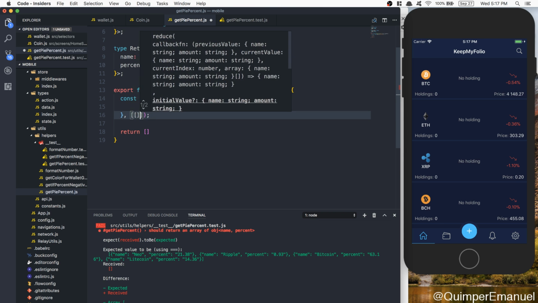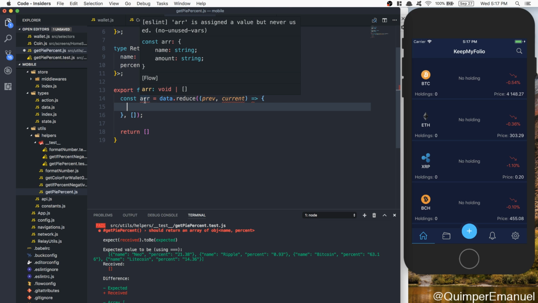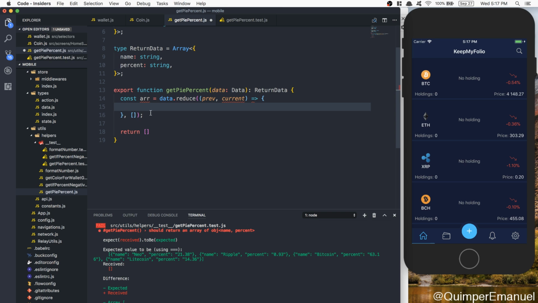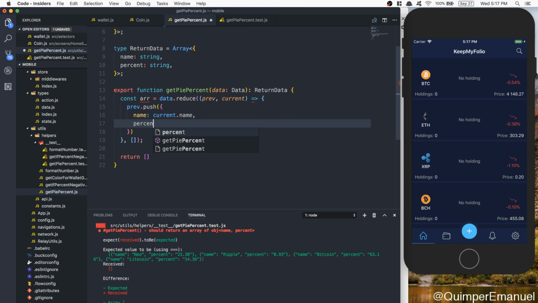Here I'm gonna start with an empty array, and what I'm gonna do right there is I'm gonna say previous.push. Here I'm gonna have an object where I'm gonna have the name, which is gonna be equal to current.name, and after that I'm gonna have the percent, where here the percent finally is gonna be equal to my